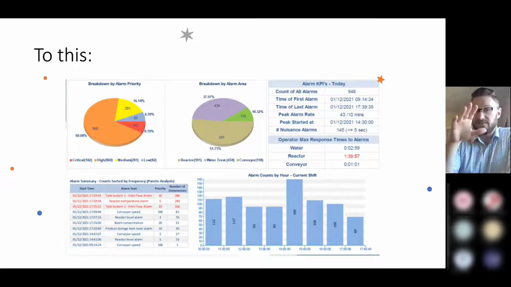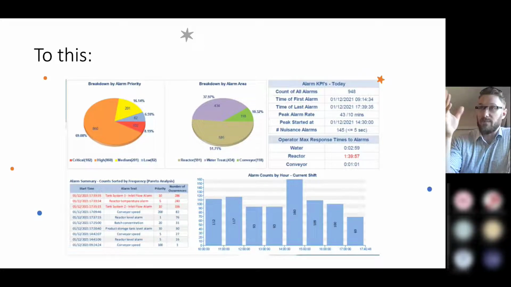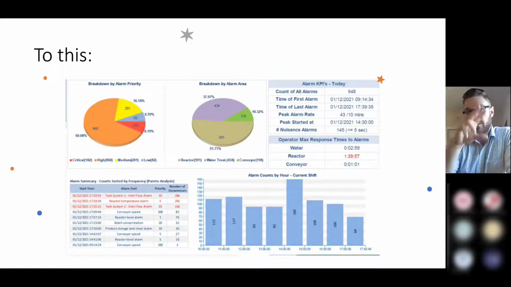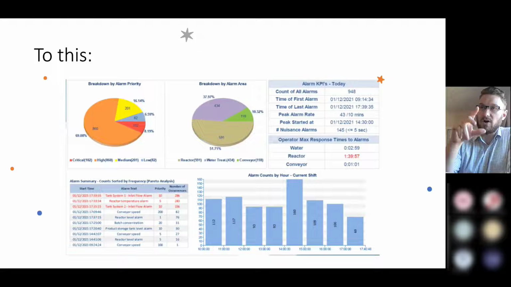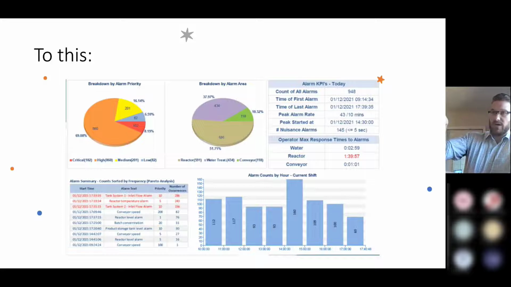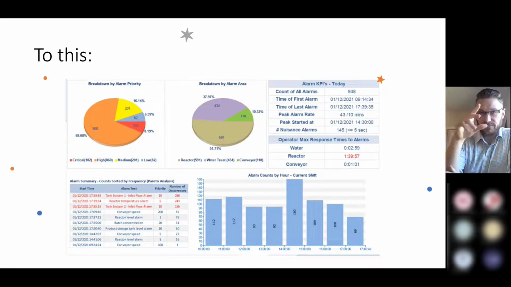In the bottom left, they did a nice Pareto analysis, and I've actually had a manager in the past who wanted to do this exact type of application. I think this is such a great idea. You do a Pareto analysis of the alarms that are most frequently occurring, right? So you're attempting to create a Pareto distribution to find out what is causing the largest amount of downtime in